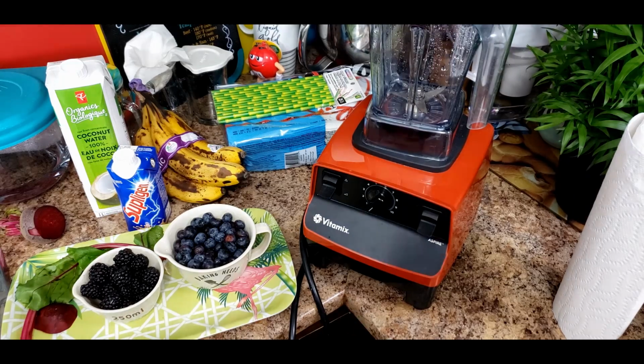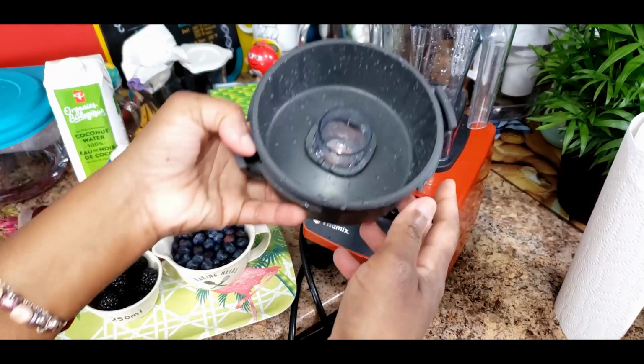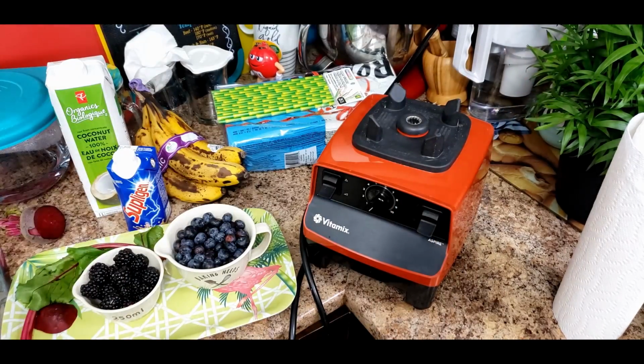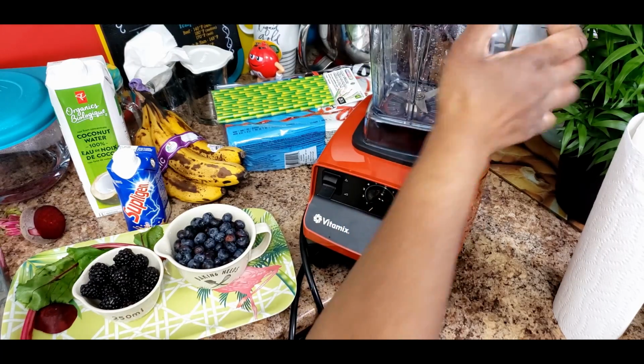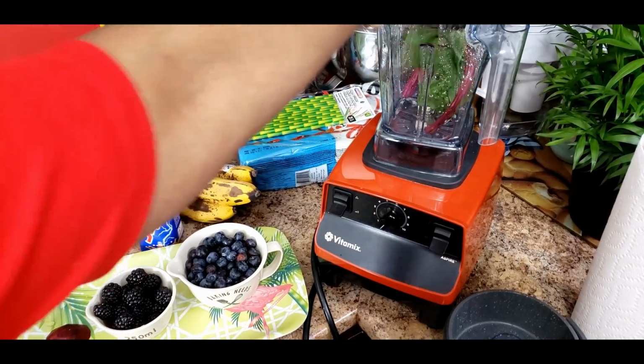So guys, off camera I poured some water in my Vitamix and rinsed it out, because I like to wash it. If I have my Vitamix sit for a while, or whether or not, every time I use it I rinse it, put some water, rinse it out. Let me drop the beet in,